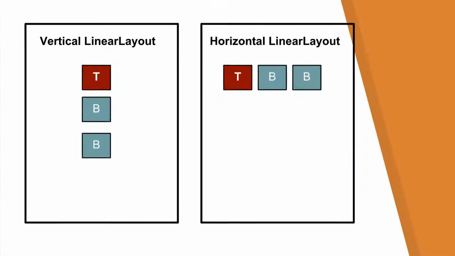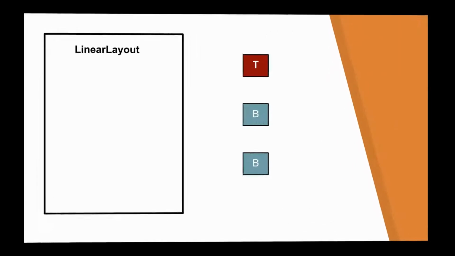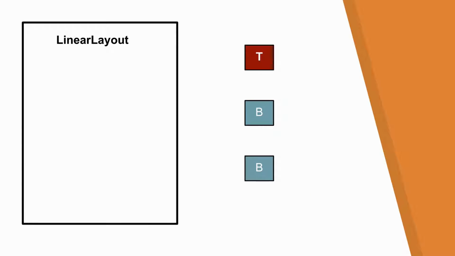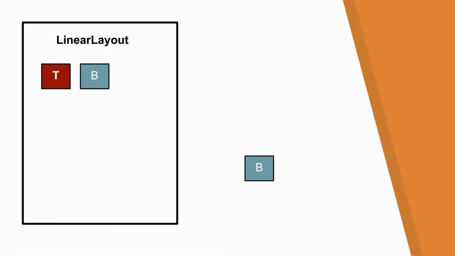The linear layout either stacks the views horizontally or vertically. To make it a little easier to understand, consider this small block as text view and these two small blocks as buttons. The bigger one is the linear layout. Add text view followed by first button and then second button all in one row. This is the horizontal orientation of linear layout. Here views are stacked in one row.